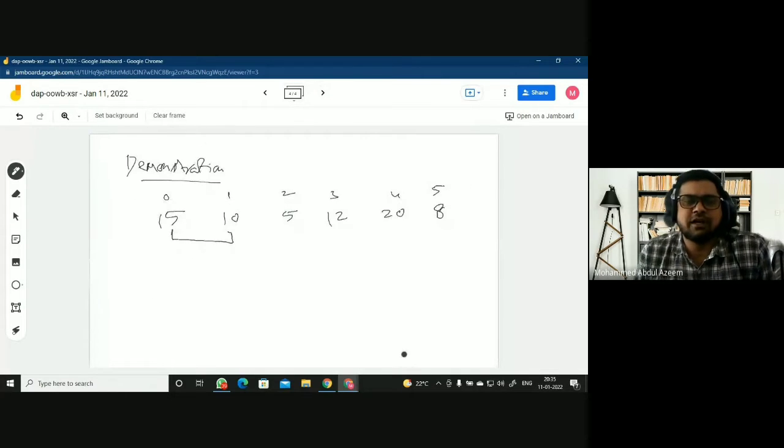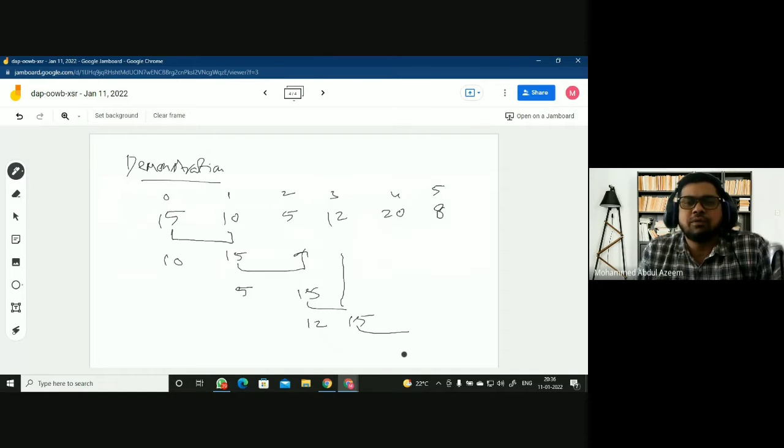So in this particular example, if the previous element is found to be greater, then you have to make an exchange. Exchange means you swap it, an interchange of the elements. So 10 comes here and 15 goes here. Now we compare these two elements. The previous element is 15, the next element is 5. The previous element is greater again, so you make an exchange. So here 5, here 15. Again, you compare the next two adjacent, these two. Again, it is greater, so here you get 12, here you get 15.